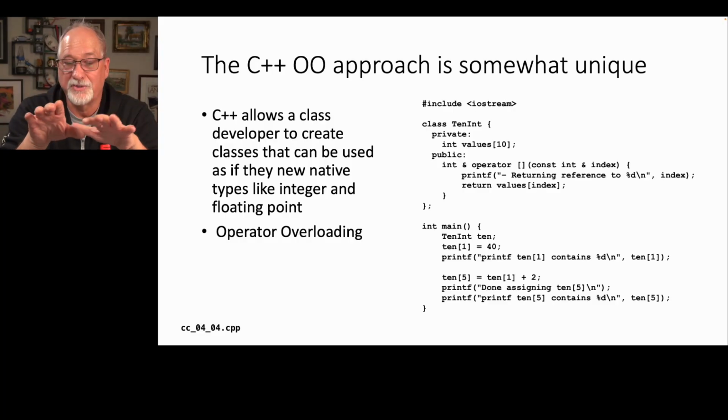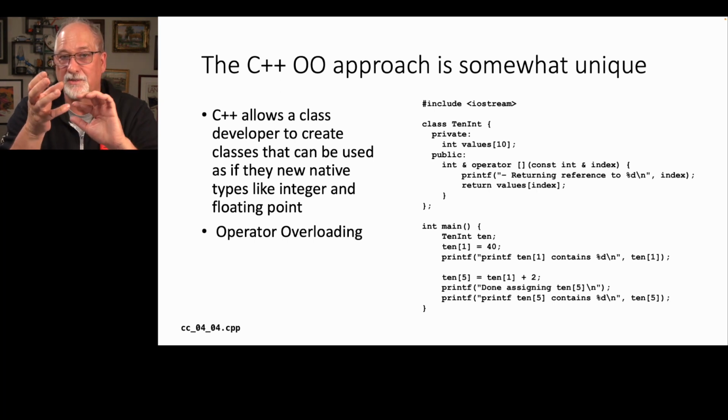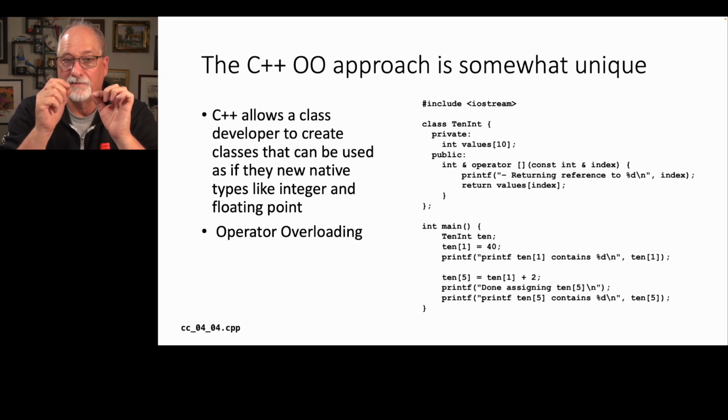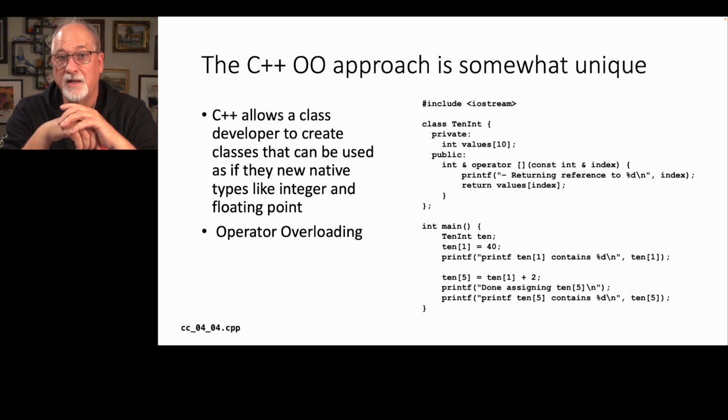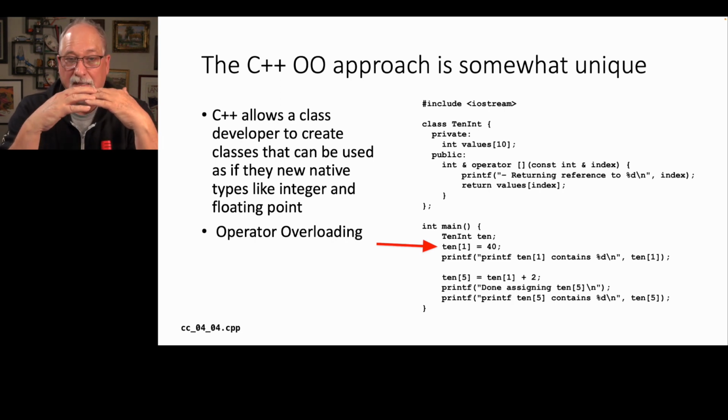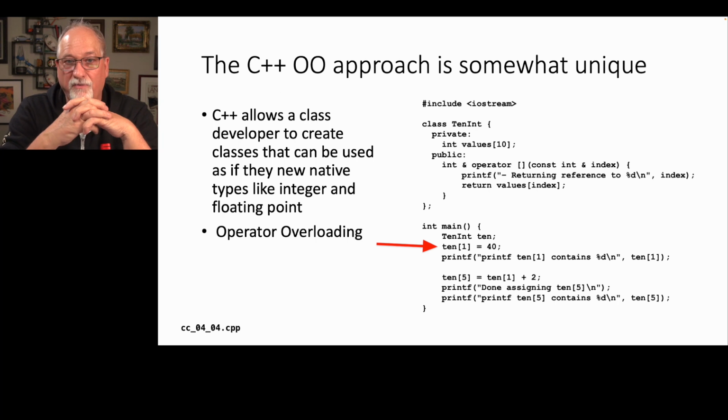and then into that reference the 40 is assigned. Now Python doesn't have return a reference, and it doesn't have call by reference. C kind of does, but they're pointers, and references and pointers are different. With references, you'll notice there's no special syntax to dereference a reference, whereas when you get a pointer, you have to use special syntax to dereference it. So this notion of call by reference and return by reference is impressive in C++ and allows it to do a lot of things and allows us to have this seemingly native line of code, ten sub 1 equals 40, which is really just a bunch of method calls.